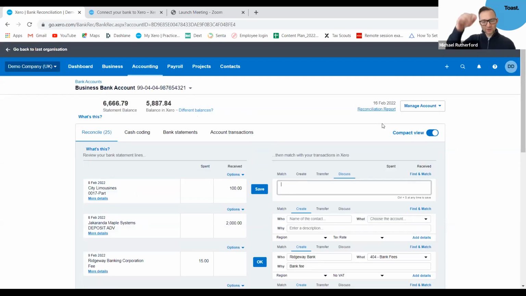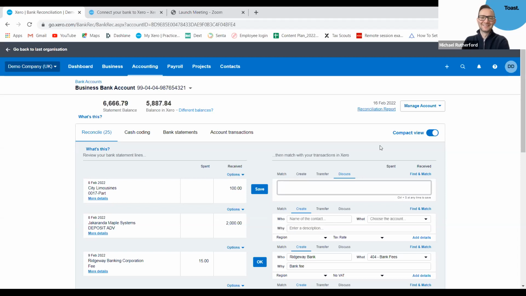So if you just add a note there, you could ask anything within there, and that'll display for your accountant, so that we see whatever the customer sees. So we can answer that, and it ties that query to the actual transaction, so the accountant's sure this is the transaction that you're querying, and it's that simple. You put it on there, and then we can respond and say, listen, this is how you should code it, code 400, or I'm not sure City Limousines would fall under marketing.